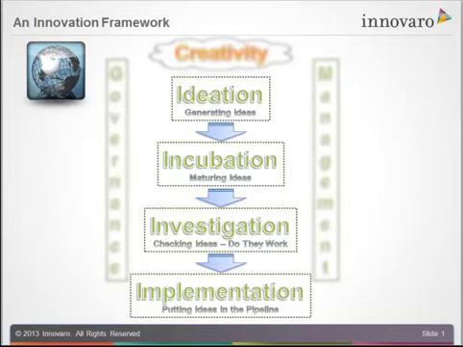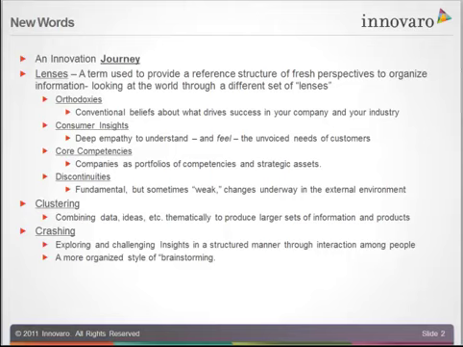So let's take a look at a couple of terms that I want to cover before we jump right into the methodology. We look at innovation as a journey. We talk often about an innovation journey where people move from a challenge that they're trying to solve through getting information, through generating ideas, through building business platforms, through getting business concepts, to business models and that. So it's a journey, and sometimes that journey is about new products. Sometimes the journey is about new markets. Sometimes the journey is about organizations or processes. Innovation doesn't just apply in the traditional sense to here's a new product for a market. It can apply to a lot of different things, right?